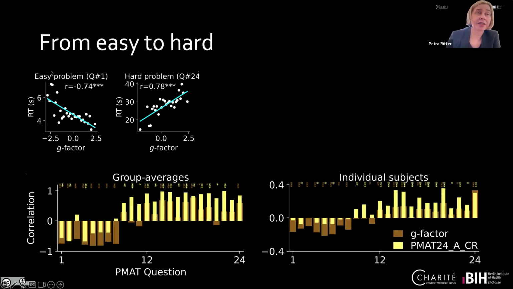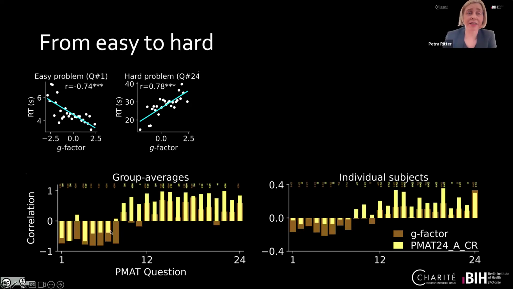So here, what you see is the analysis of just the first task for all the subjects, the easiest task, question 1. And here we found that the higher the fluid intelligence or also the general intelligence score, the faster was the reaction time. So more intelligent, faster reaction for an easy task. For the last question, question 24 of the progressive matrices fluid intelligence task, this is a hard problem, difficult to solve. We found the inversion. So the higher the intelligence, the longer was the reaction time.